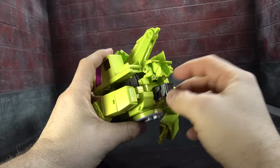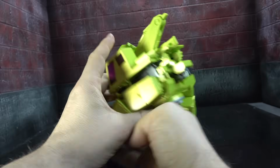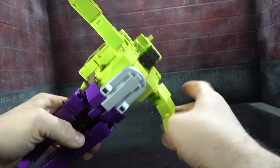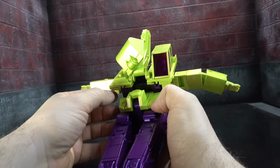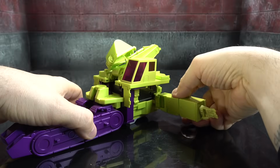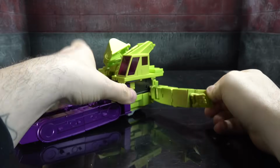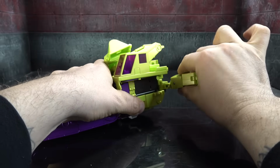So there's a couple things that we can do really quick. Turn his head 180, take this cover down, that hides the face. You can collapse the heels into the toes, pull the arms out to the side, and flip this piece down on this side, and this piece down on that side. All right, so then rotate the bicep 180, undo this tab, or flap rather, and then rotate that 180, and then pull the shoulder up and away, and then you want to rotate